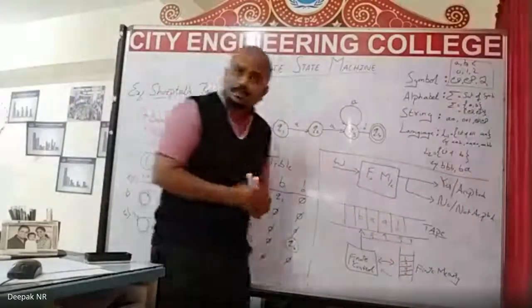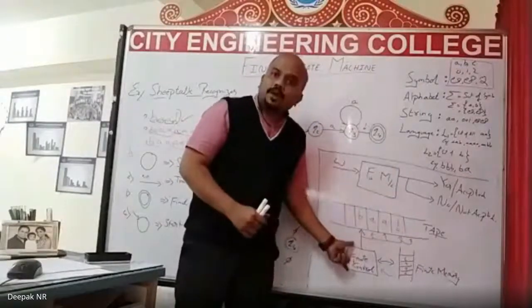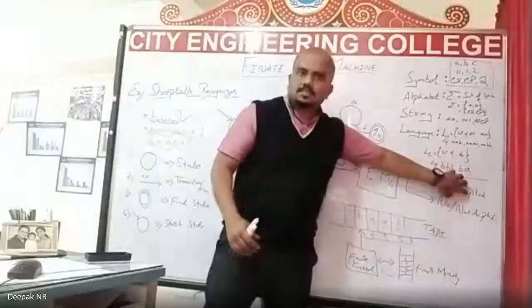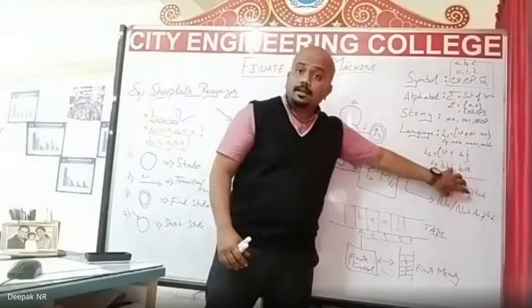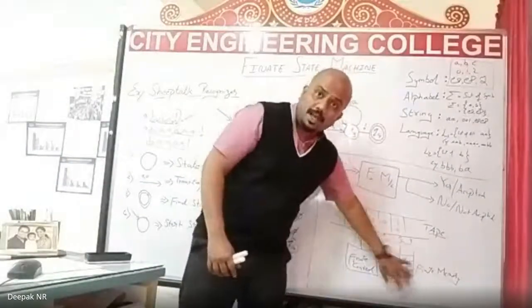I got a null symbol. Am I in a final state? If I'm in a final state, my finite control will say, yes, accepted. Clear, guys? If the machine reads BAA and a null, it will be saved in memory, and my finite control